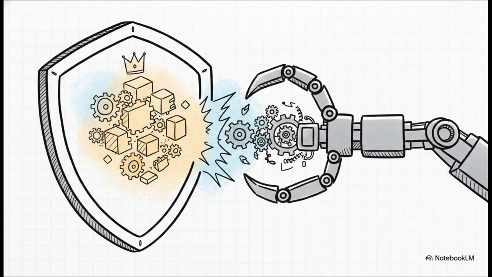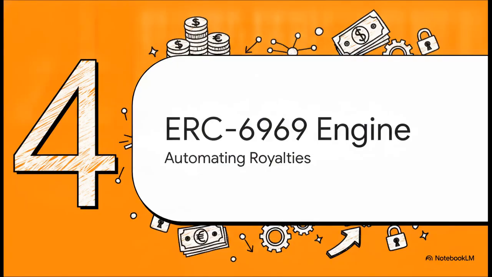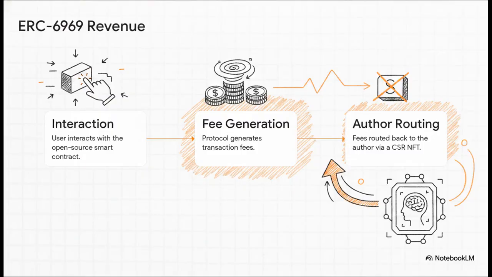It perfectly balances protecting the economic and moral rights of a project. It's a smart legal document engineered for true creator sovereignty. Now, on to Section 4, ERC 6969, the monetization engine. Because defense is really only half the battle. Creators actually need to get paid for their sweat of the brow.